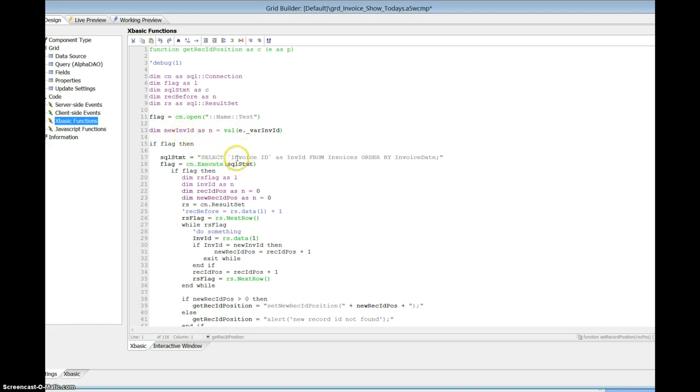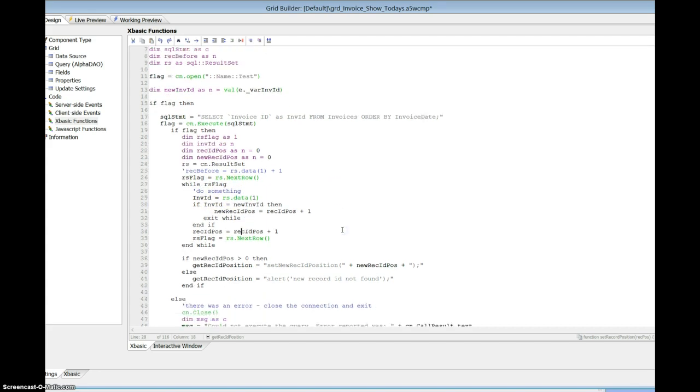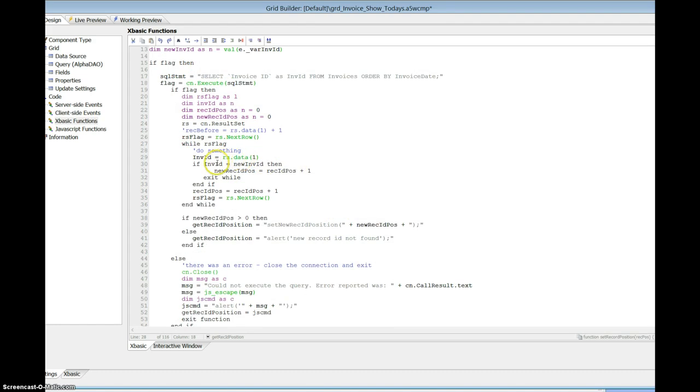And then we go ahead and we do a select invoice ID as in INV ID from invoices ordered by invoice date. So your grid's ordered by invoice date, so our select statement is going to be ordered by invoice date as well. And then we're just going to loop through. So we've got the new invoice number, and we're going to loop through these values, our records, until we find the invoice ID is equal to the new invoice ID. So our select statement and record set invoice ID is equal to our new invoice ID. When that happens,